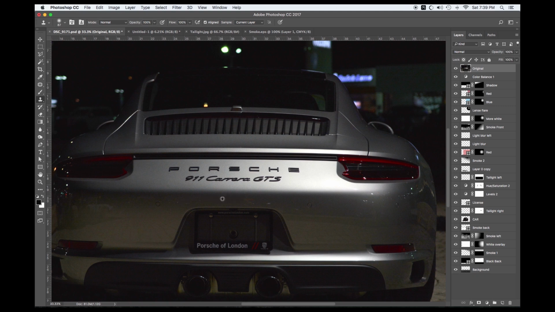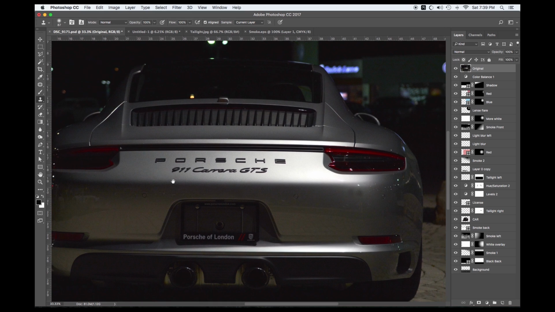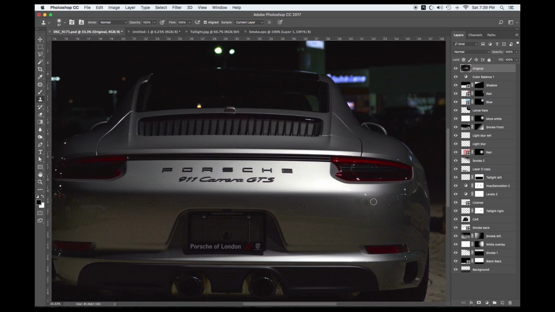You hit option, and then you sample one area, and then you click where you want to get rid of whatever unwanted image you have there. So you can keep doing this. I'm not going to go through the whole entire car, but obviously this kind of looks like crap, but I can show you